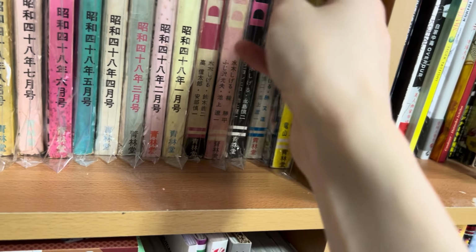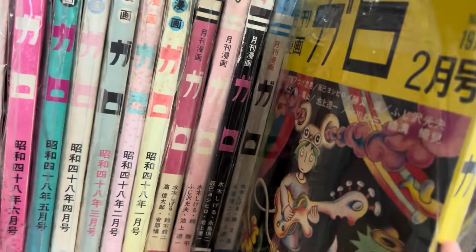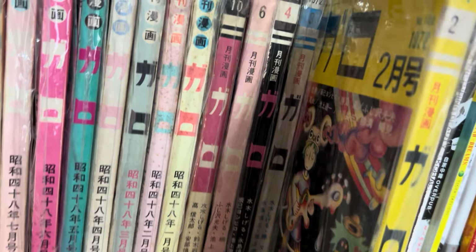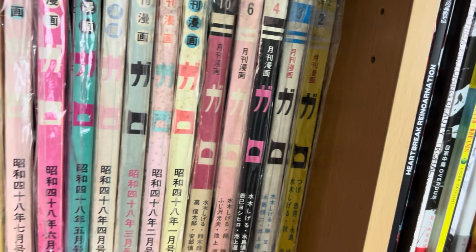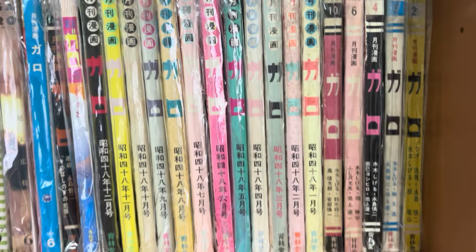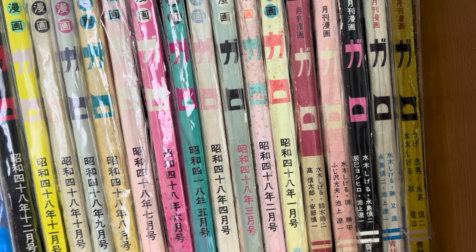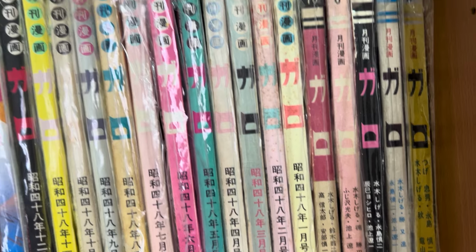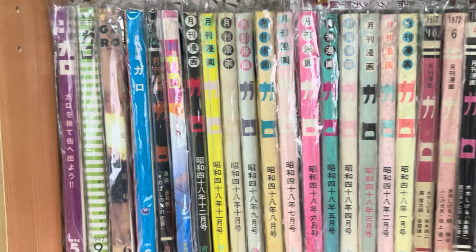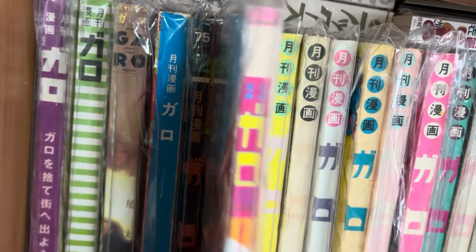And we have... I thought this one actually... Okay, so I thought this Sasaki Maki issue actually was the only Sasaki Maki cover that he did, but guess not. I think I found like another one in like the later years, but it's more of like... It resembles the art he did for Haruki Murakami. It's a bit different. So yeah, we've got '73 issues, and then just a random assortment of other ones like